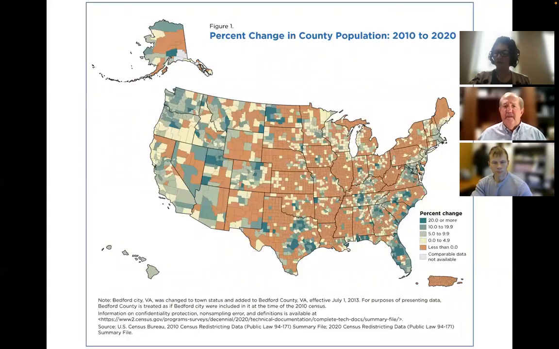Another national map here presenting data for the 2020 census, comparing it to 2010 by county. If you see counties that are the tan or the golden color, those are counties that experienced population decline. The key takeaway here, going from the Texas Panhandle, the Oklahoma Panhandle, all the way north to North Dakota, you're going to see a lot of tan counties, or counties that lost population. This occurred, in fact, throughout the Midwest and around the country. So the phenomenon we see in Oklahoma with our rural counties declining in population is not solely confined to Oklahoma, but actually we see it occurring around the country. Next slide.